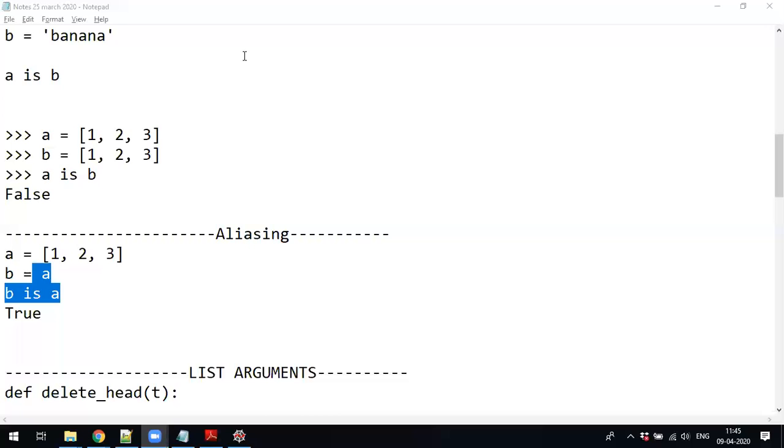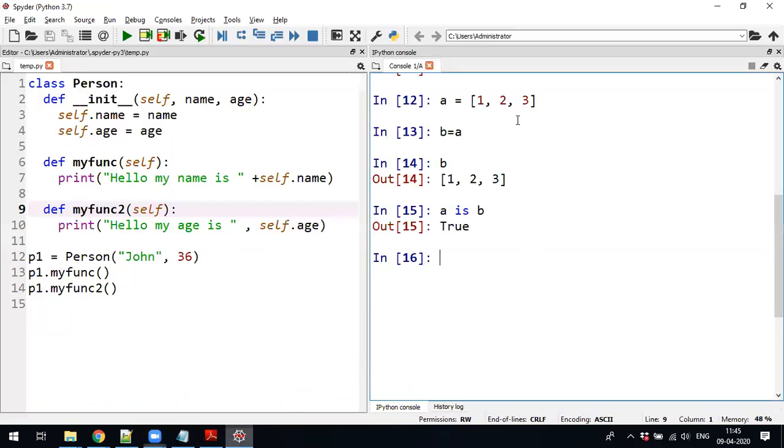Sir, does this work only for lists or for normal primitive variables, primitive data? You are saying about the integer. Yes, sir. If suppose I initialize A to 5 and I alias that like B is equal to A, then if I modify any value.